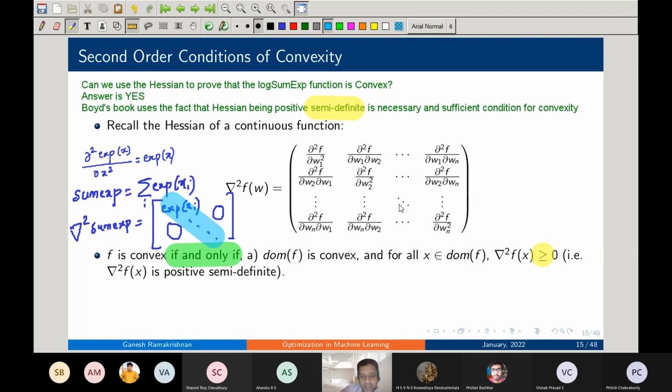How would the expression look for the Hessian? Yes, try and work it out. It's okay if you're taking some time. Okay, so